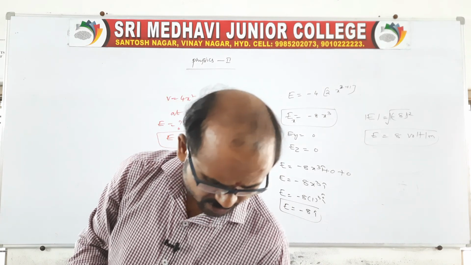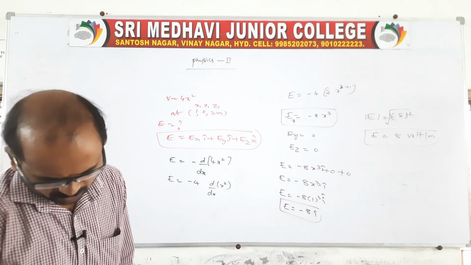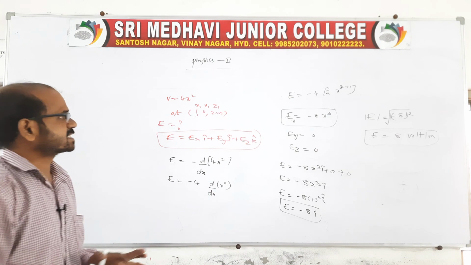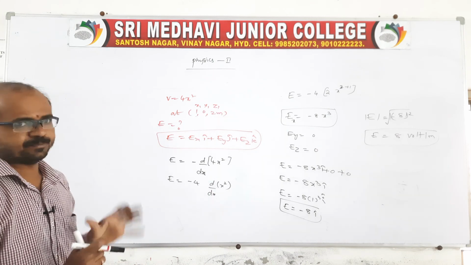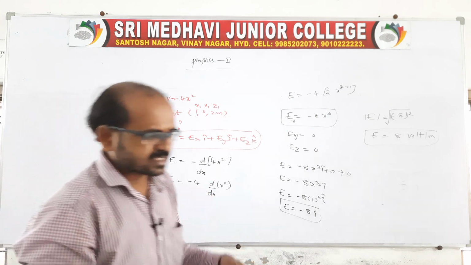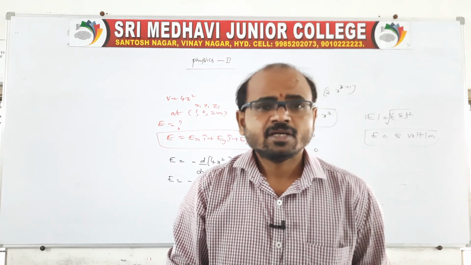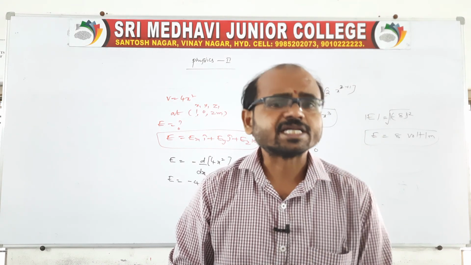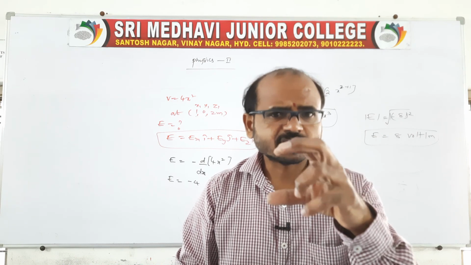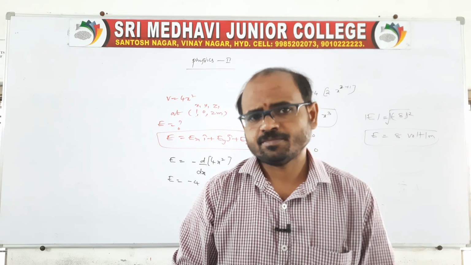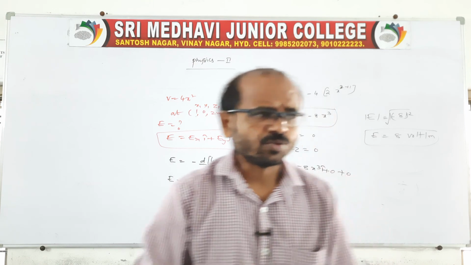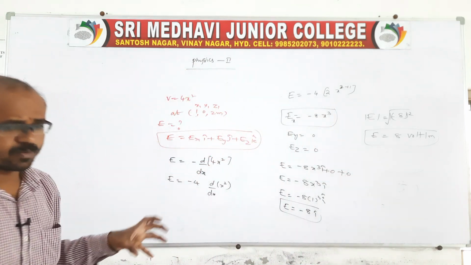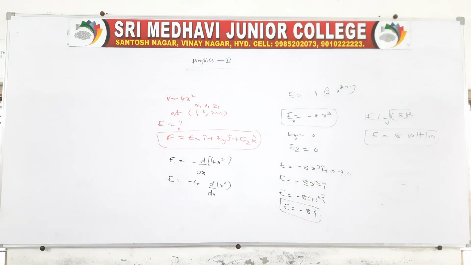So this is the method to get the value of the electrical field intensity if V is given. If E is given, then we can take the integration method. So this is the method to do the problem. Clear? So go through this problem. It is one example problem. If you do this, it will help you in the next classes.